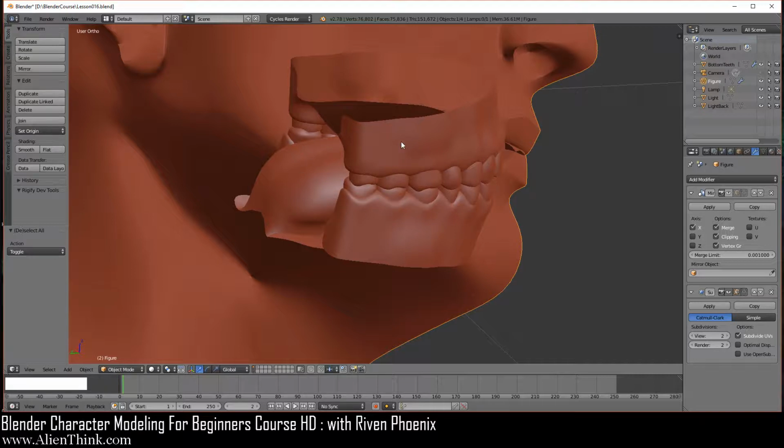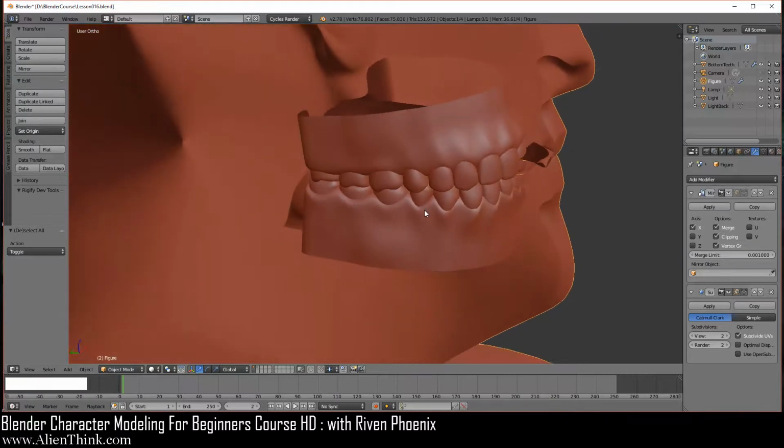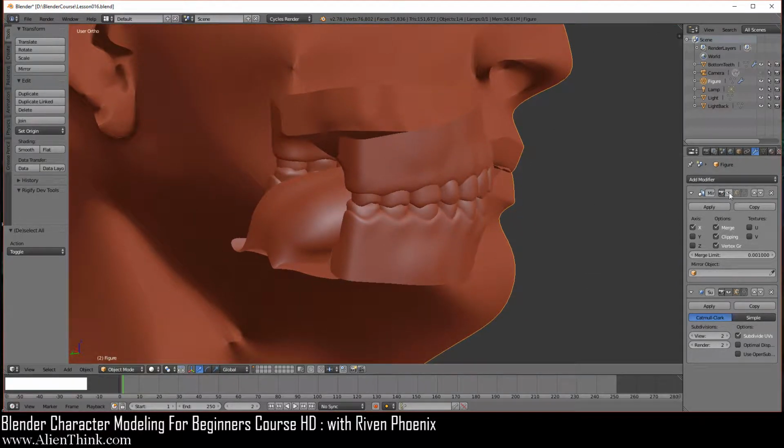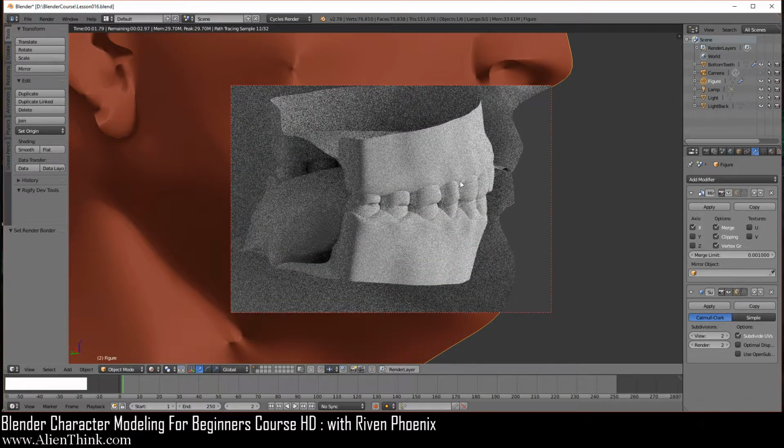But you should note over here, let me just show you this, okay? Let's actually do it this way. Remember, I turned this off. Now, if I press the shift key down and click this, I'm just showing you something. I'm going to turn this on. I'm going to do Control B, and I'm going to draw a box. Remember, this is the border render. So I'm just going to do this, okay? So this will now render over here. If I click on this and let it render, it's going to come in over here like this, okay?